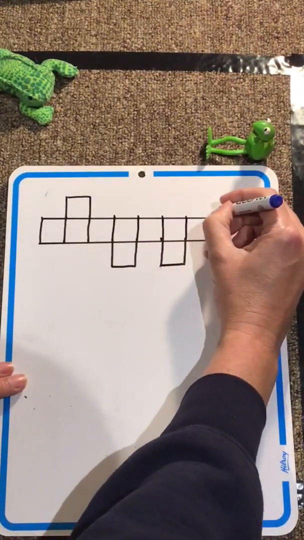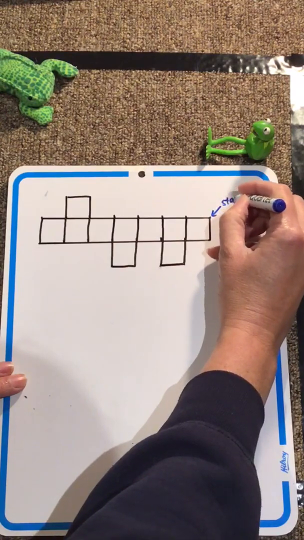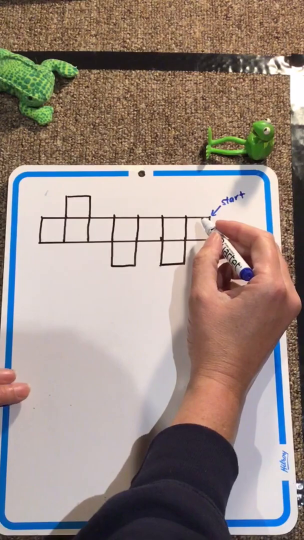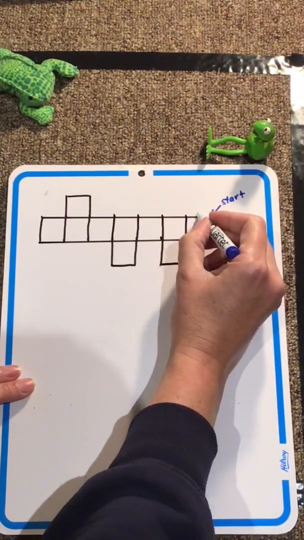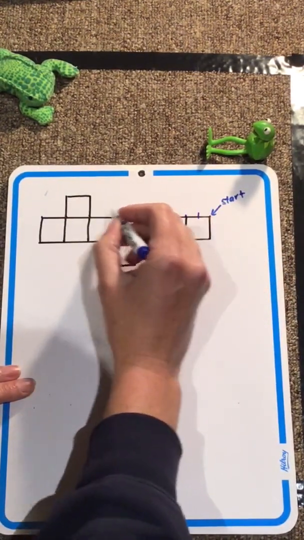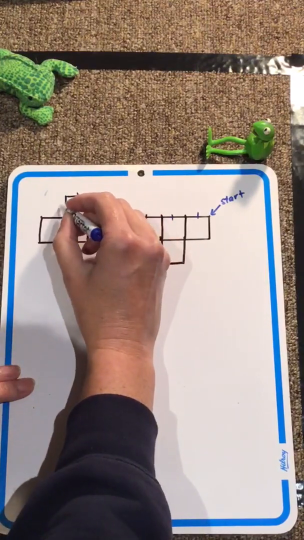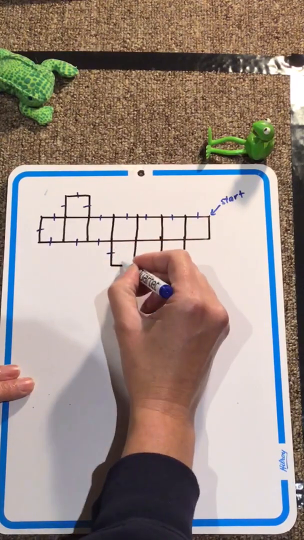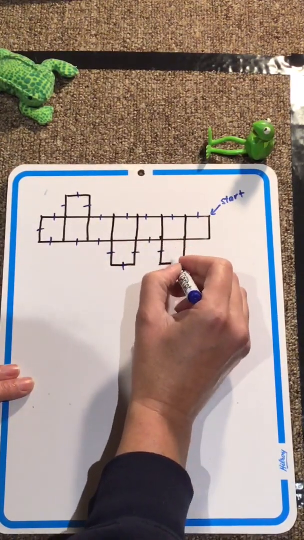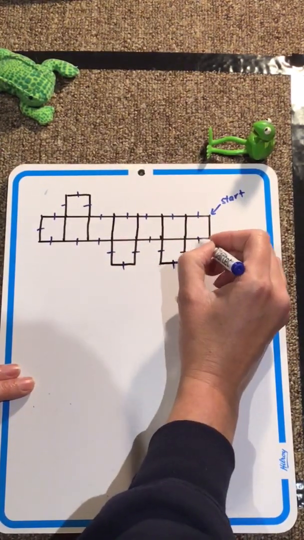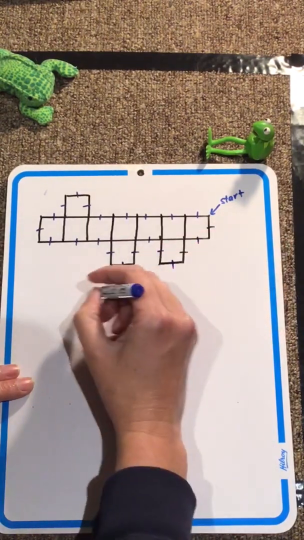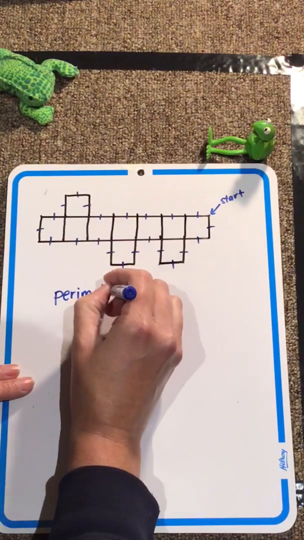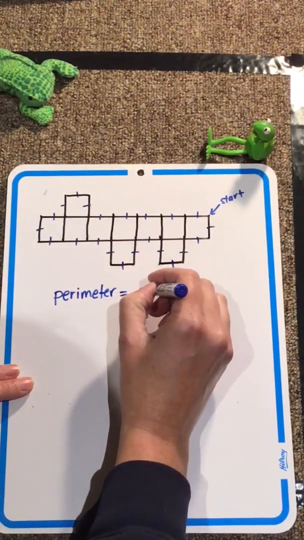He started here. Okay, so again, we can just count the outside lines to figure out how far he went. 1, 2, 3, 4, 5, 6, 7, 8, 9, 10, 11, 12, 13, 14, 15, 16, 17, 18, 19, 20, 21, 22. Okay, so in this case, the perimeter that he walked was 22